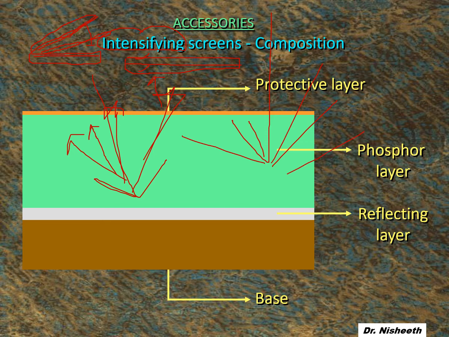So this is the function of the intensifying screen. Some will come here also. Our X-ray film is kept here, so we don't want this light to go this side. So we keep an object like a mirror, which is called a reflecting layer. Again it reflects the light back and hits towards the X-ray film. So we have one intensifying screen, another intensifying screen, and in between we have the film. Here we are seeing the lower part. Again this gets reflected and the film gets exposed.